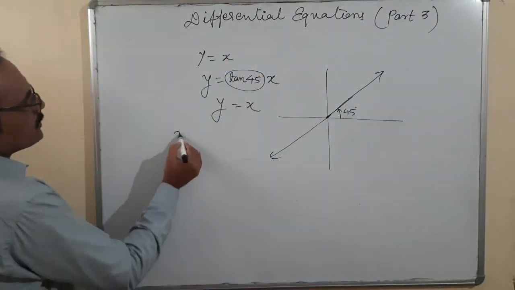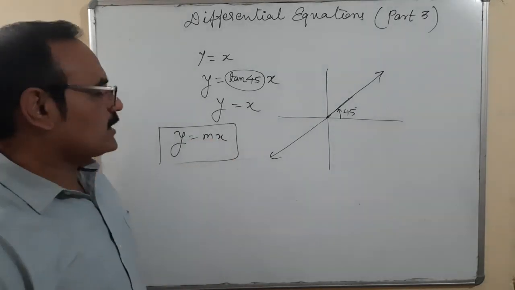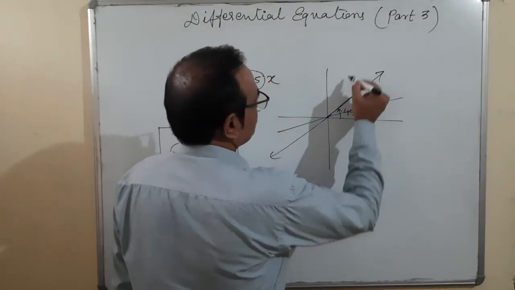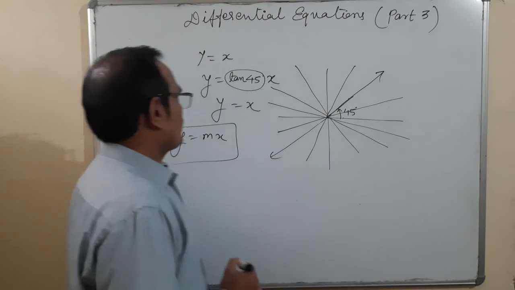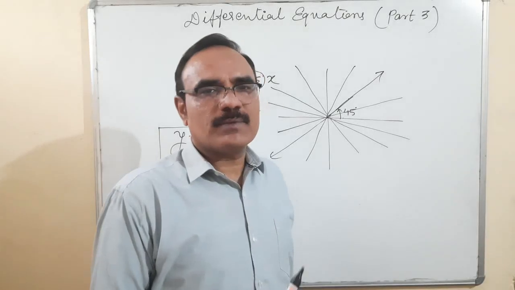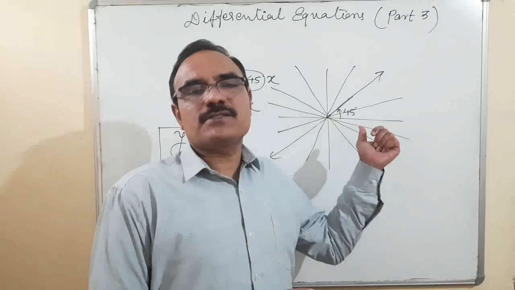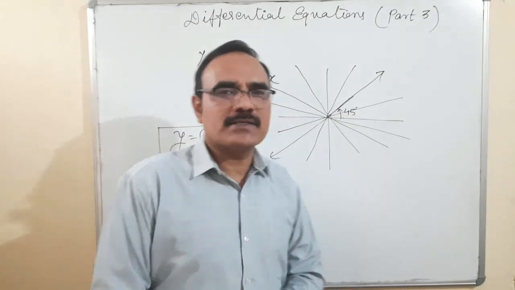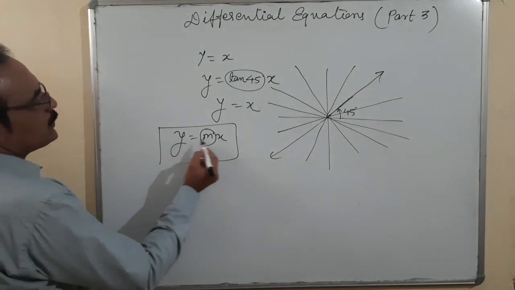So if I write here y is equal to mx, what does it mean? This is the equation of a line passing through the origin. How many lines can be drawn? We can draw many lines. Many lines can be drawn passing through the origin. The slope m is changeable only, but otherwise y and x are the same, and you can draw many lines. So this is called the family of lines passing through the origin, a group of lines passing through the origin. So in the family of lines, y is equal to mx.